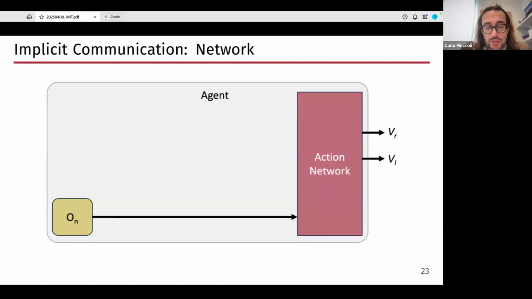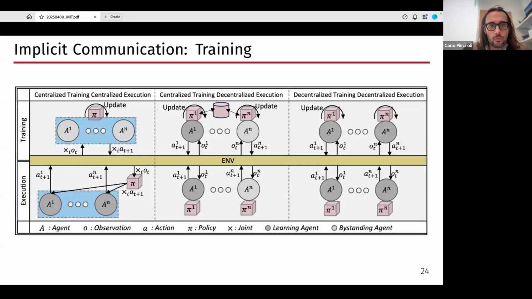The very first thing we did, and we started really, really slow, was to have a network that took some sensor readings and was connected directly to an action network. Nothing fancy at all. And we prevented the robots from communicating at all. So the robots had to use their gripper and their force sensing to decide where to move. And this one was trained using a